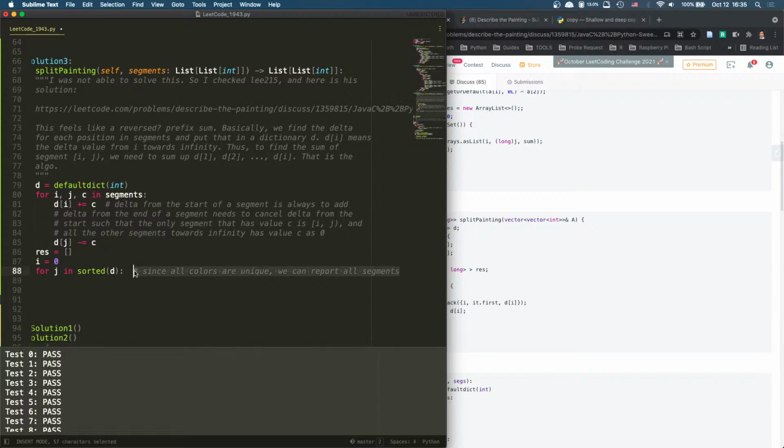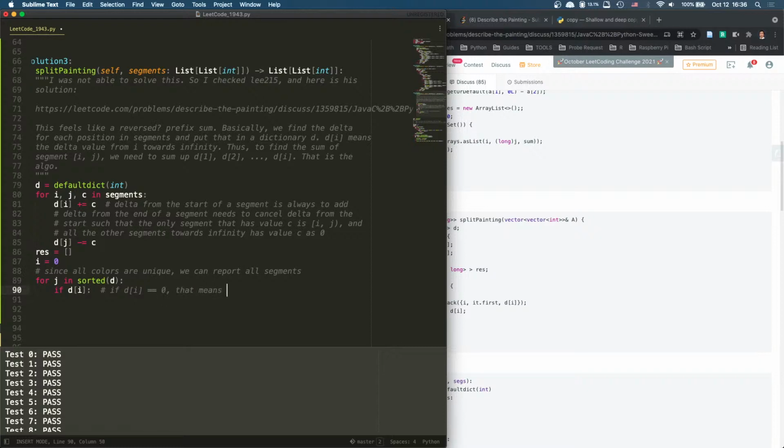We can report all segments. If a segment, so if d[i], right? If d[i] is 0,